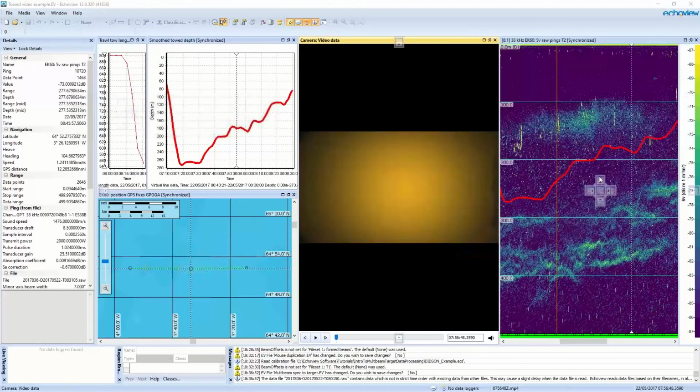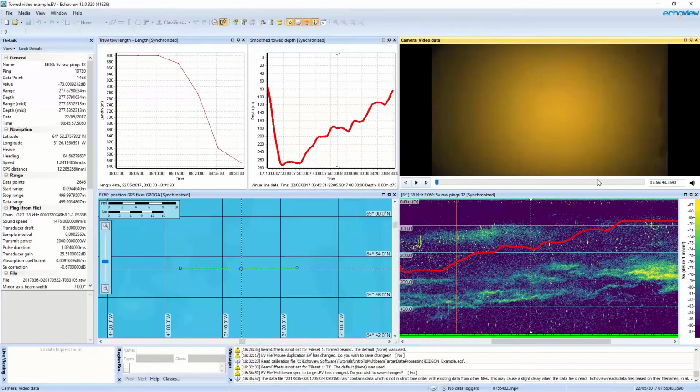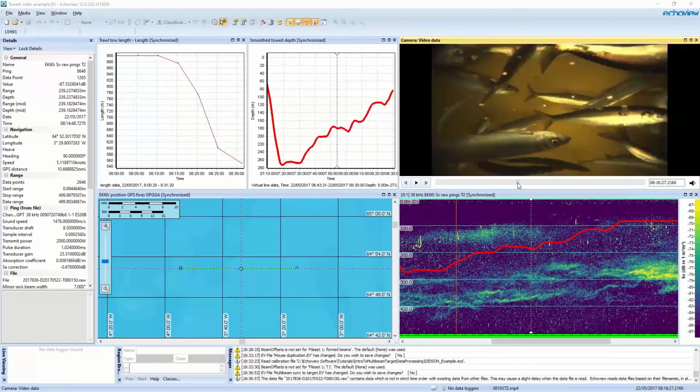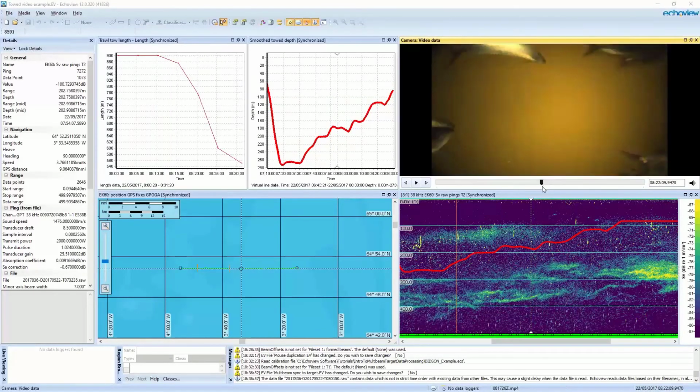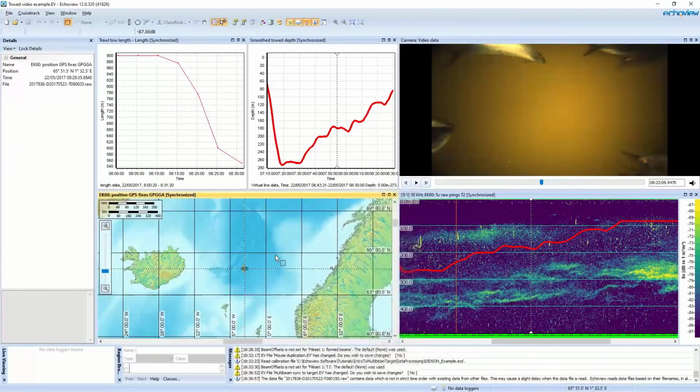Just arrange these windows. So what we have here, we have quite clearly some video data. This has just been added to our file set as a video with some associated information that helps Echoview understand the time of the video. We can see our fish passing through into the net. I've got some EK60 data, and I've got GPS information that locates this data.